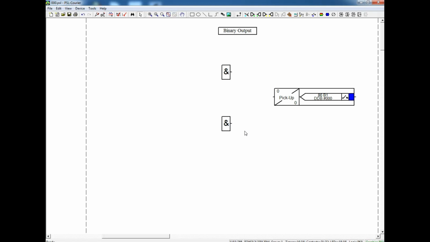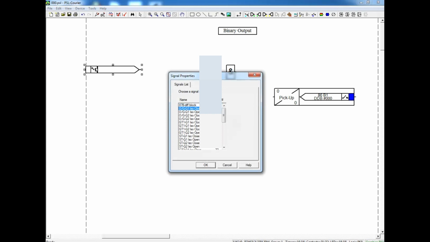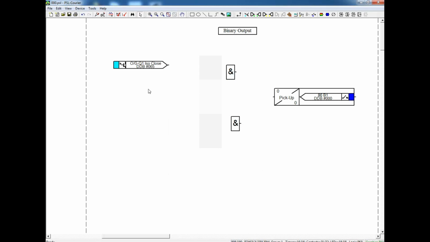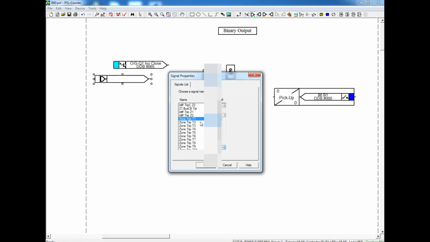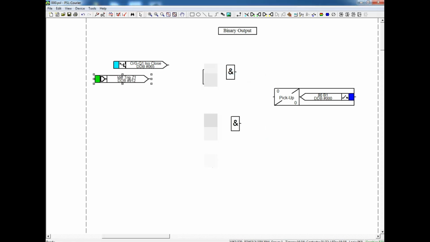The first one is the zone 1 isolator close status, the second one is zone 1 differential trip, the third one is zone 2 isolator close for outgoing, and the fourth one is zone 2 differential trip. I'm going to make these two separate AND gates, and if both signals are there, the AND gate will activate. Similarly, the other AND gate will also activate if we get both signals. And both these AND gates I am going to give in an OR, either zone 1 or zone 2.